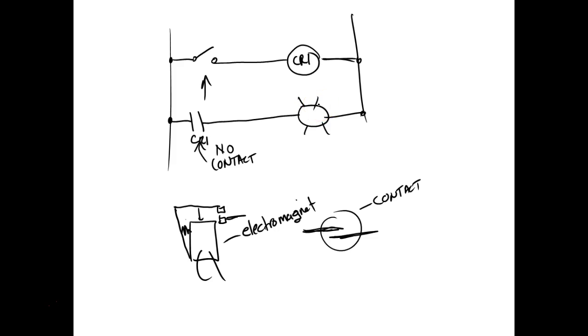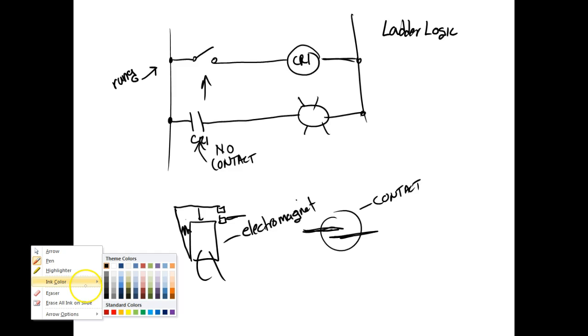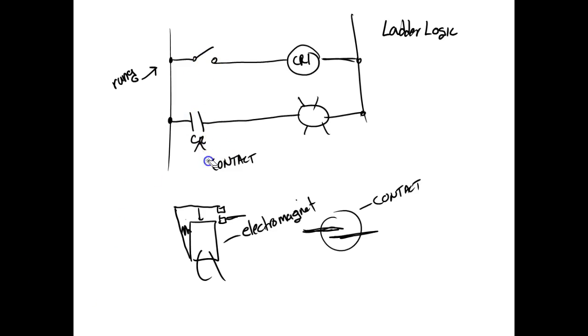And this is called ladder logic, or ladder diagram. Why? Because it looks like a what? It looks like a ladder. And each one of these individual circuits, we call a rung. And what's nice about relays is that, well, let's